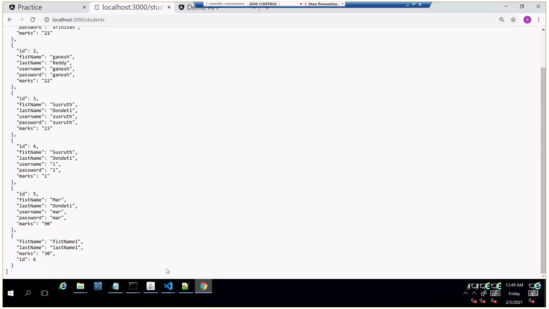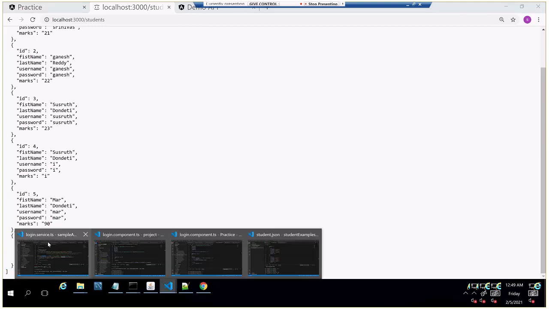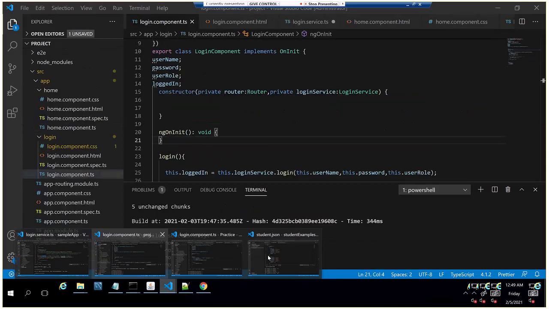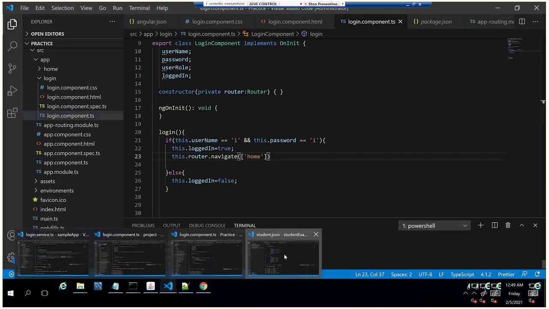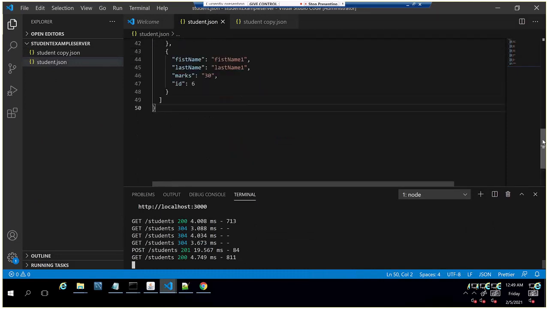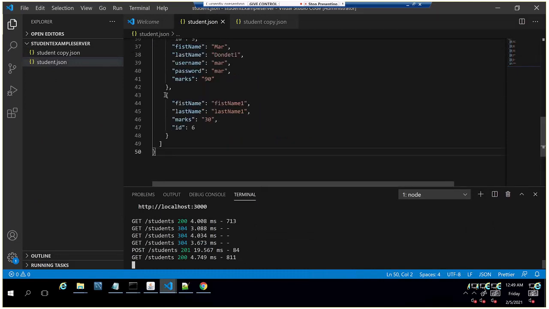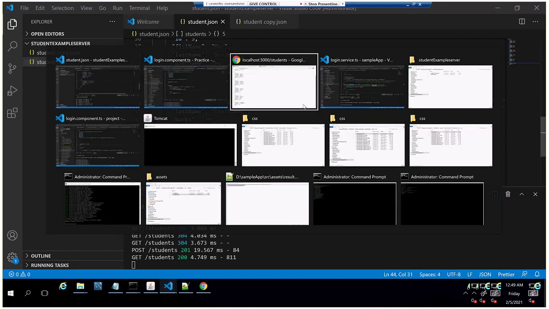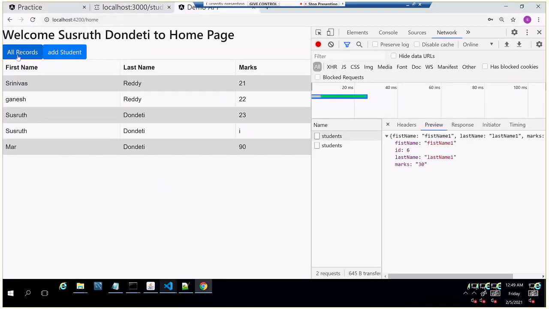Similarly, if we go and check in the file itself, the JSON file, yeah, this one. Here, if I come here, it automatically added this 6th one, and now I'll go and load the page again, load all the records.